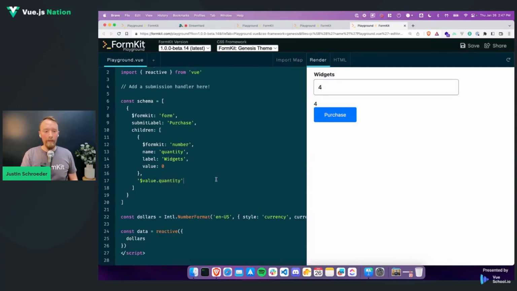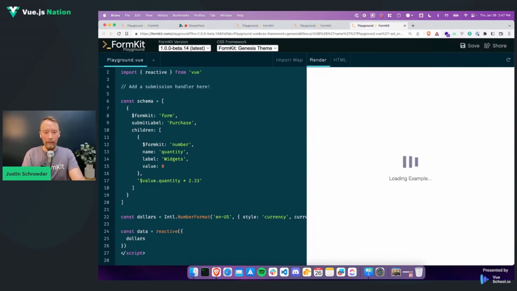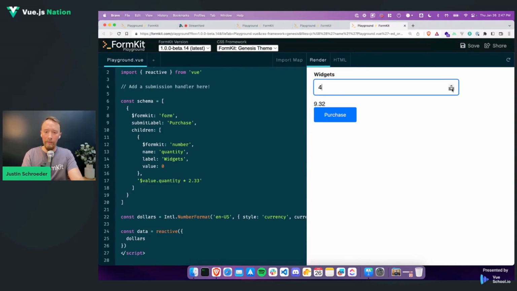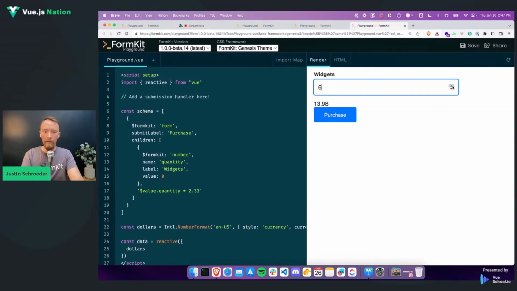Pretty neat. But what's even neater is I can then multiply that and write a full expression here as a string. So let's say these widgets cost $2.33. Okay, and now if I start manipulating this, you can see it's actually performing my multiplication directly in line there. Well, that's not great because as you can see, we get these weird rounding errors like this because JavaScript is